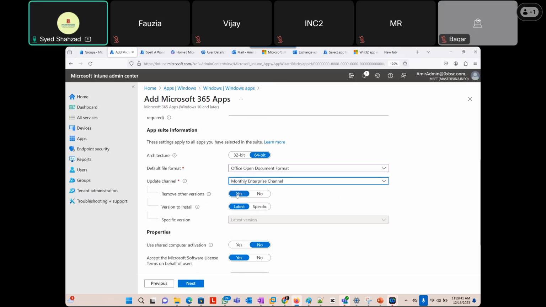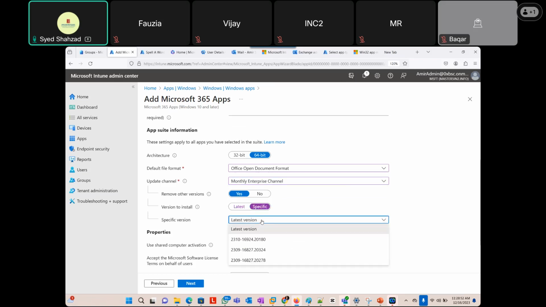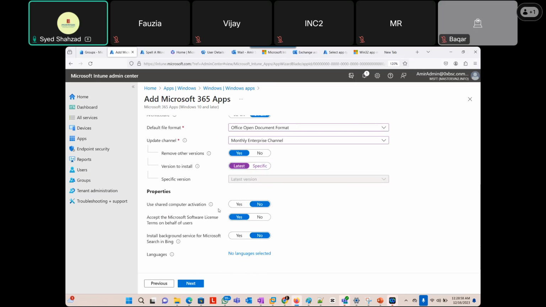Remove other versions. Yes, if you have other versions, it's going to remove that version to install the latest one. If you want to go specific, then you can choose, oh, I actually want this one, that one, but we're going to go for the latest. And then there is use shared computer activation. So shared computer activation lets you deploy Microsoft 365 apps to computers that are used by multiple